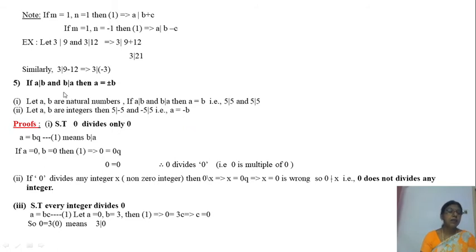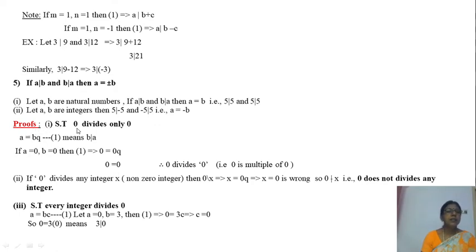So you observe now, if A, B are only positive integers and A divides B, B divides A, then A is equal to B. If A, B are any integers, positive or negative, then A is equal to plus or minus B. So always A is equal to plus or minus B, except when A, B belong to natural numbers. If A, B are natural numbers, compulsorily A is equal to B. For any integers, A is equal to plus or minus B. If A, B are positive integers, then A is equal to B, that's it.